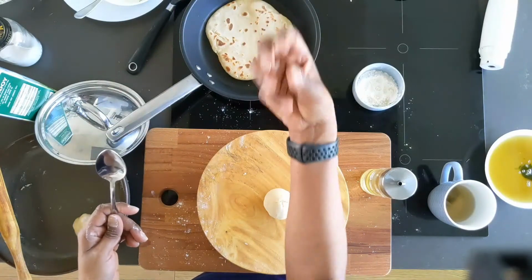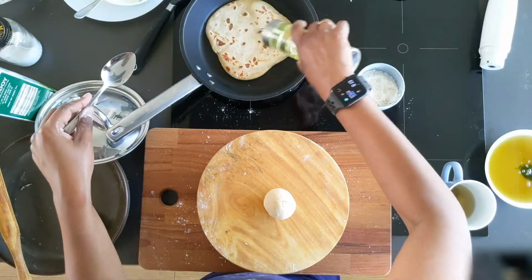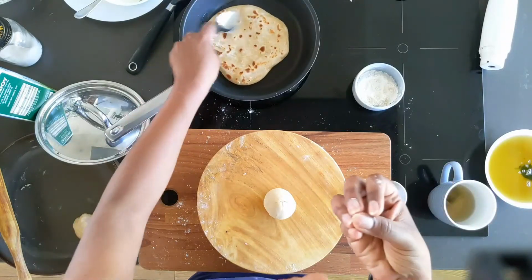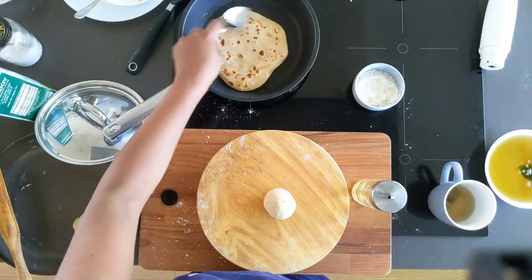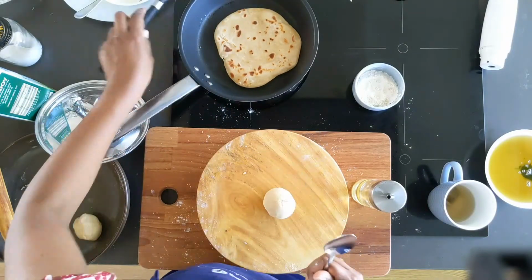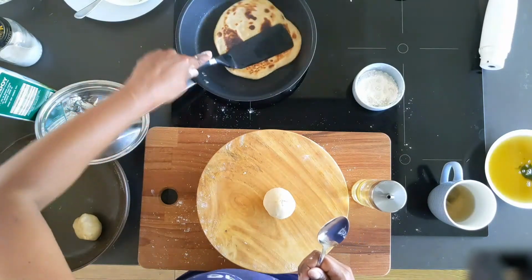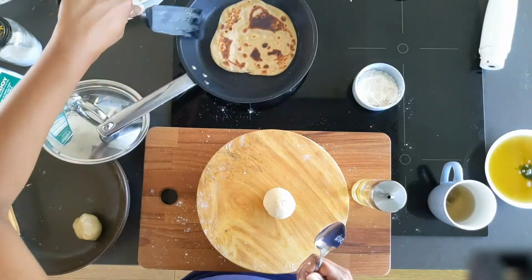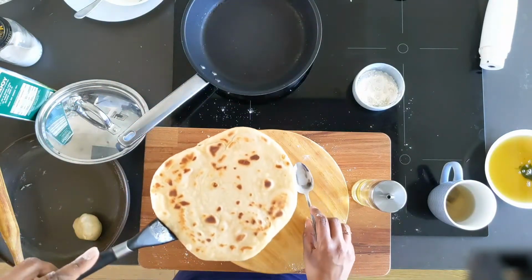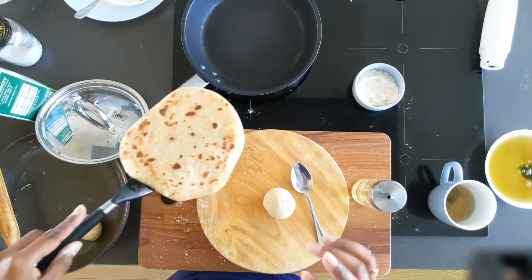So it starts puffing up. You know why it's puffing up? That's because the water inside the flour is now trying to release the bubbles, and that's how you know that it's super soft inside. And this is how you will add oil to the other side. It's going a little quick, but if this is how you see it, that's it. Your bread is done. It took me exactly 3 minutes to cook it on the pan,